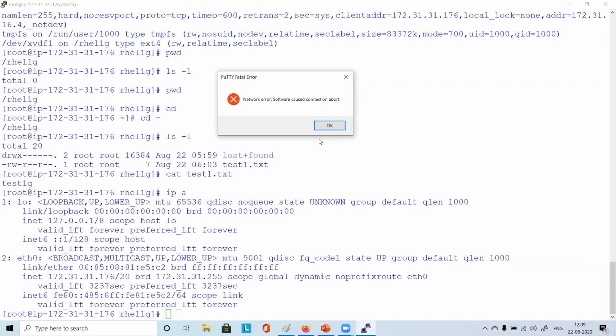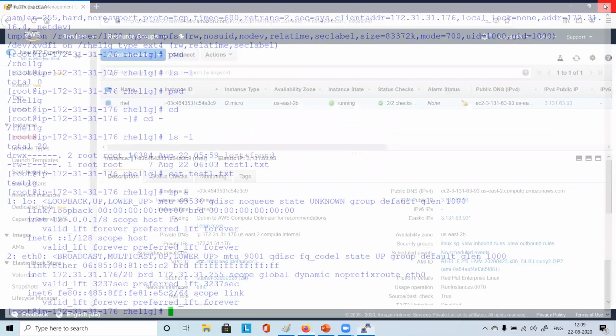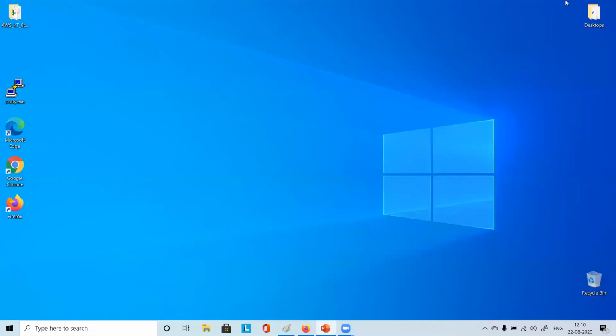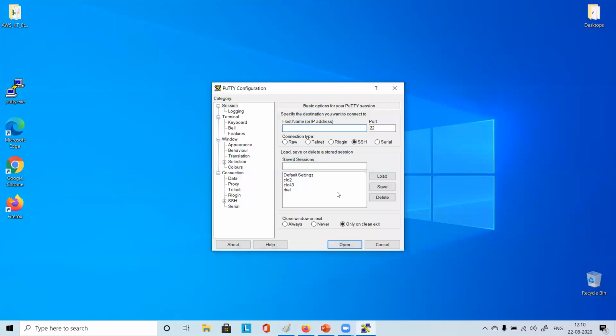So we could have disconnected before that, but it's okay. It has interrupted our session. Now we need this new IP address to connect to our instance.